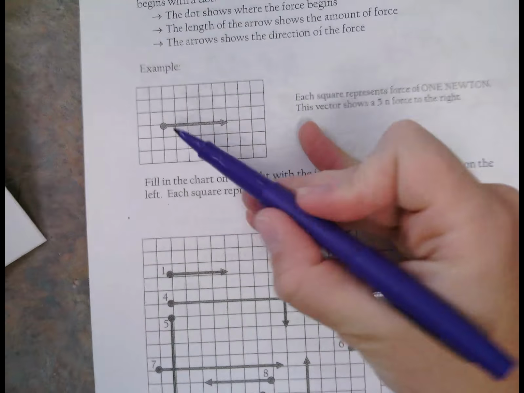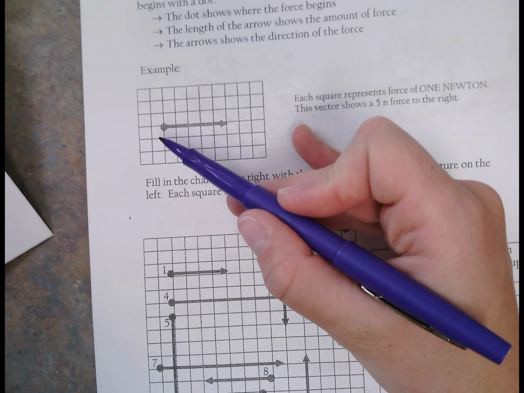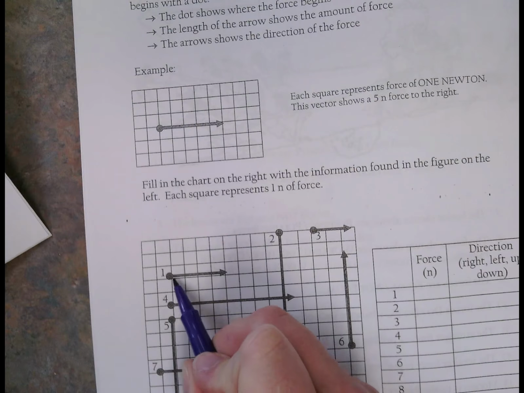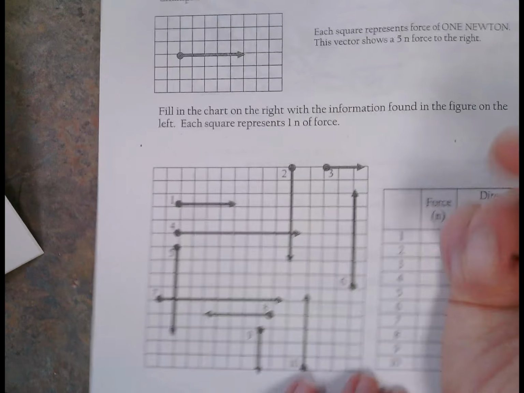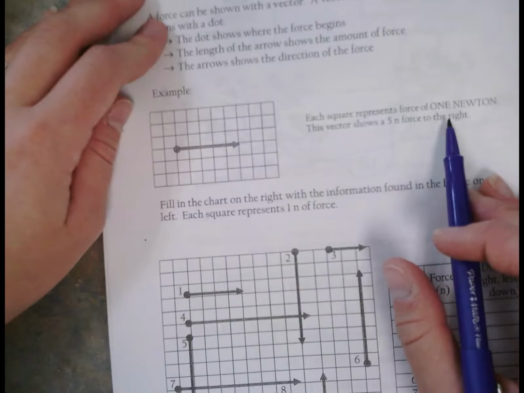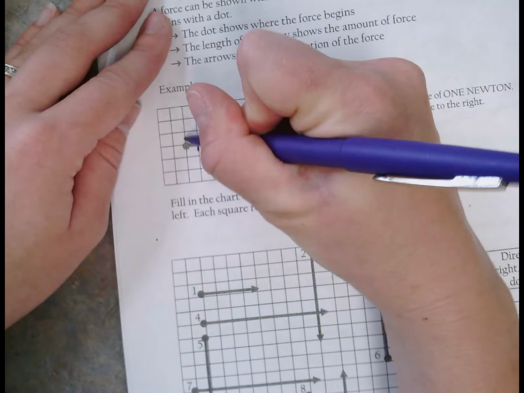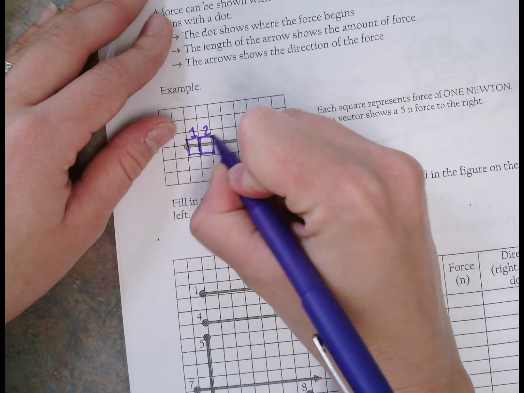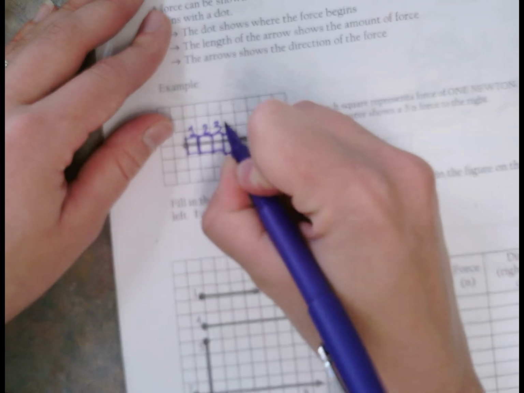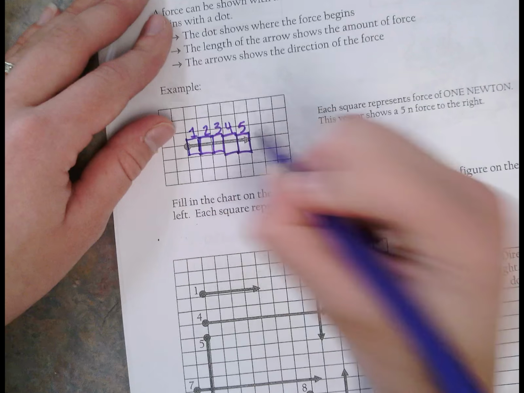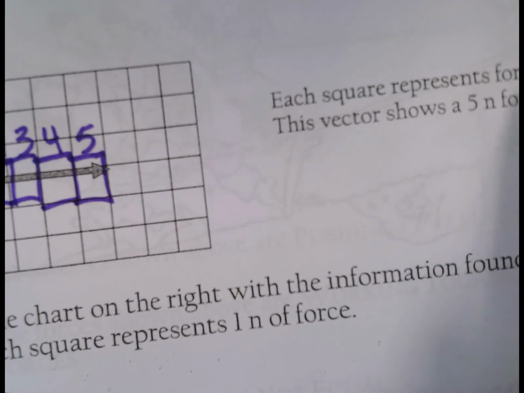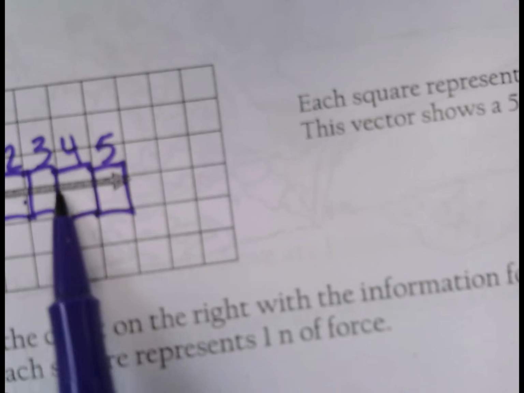This one's perfectly at an intersection. Okay, so for this case, just assume that it's starting at a point. So for example, it says each square represents 1 newton. So if I'm looking at this, this is 1 newton right here. It has traveled 1 newton. Now it's traveled 2, 3, 4, and 5. Because notice the arrow does take it all the way to that little line. So that's why it's saying this vector shows a 5 N force to the right, because I see that it's moved 1, 2, 3, 4, 5